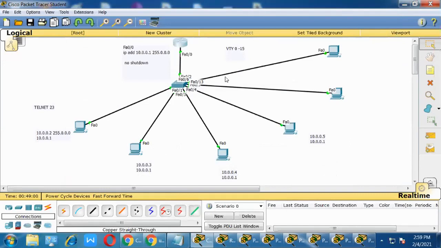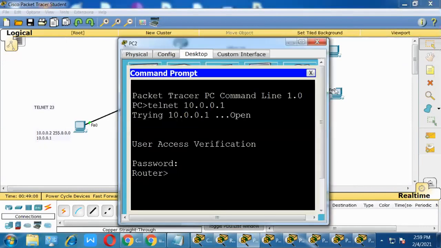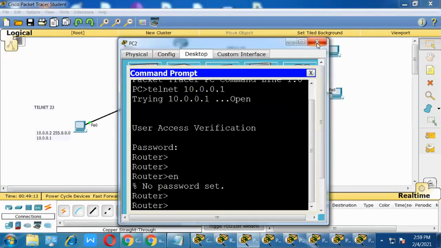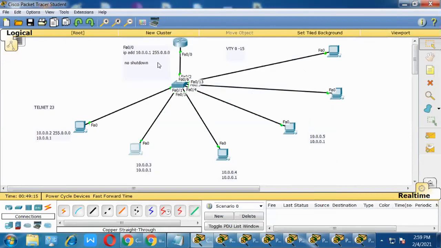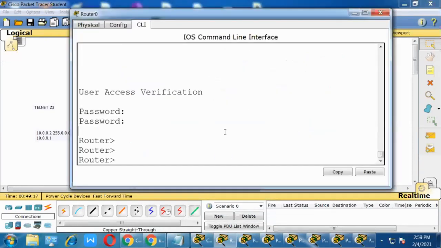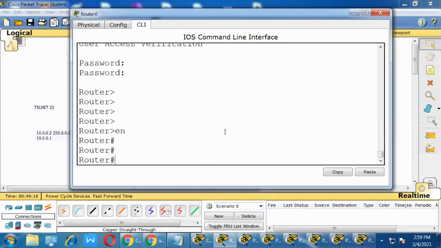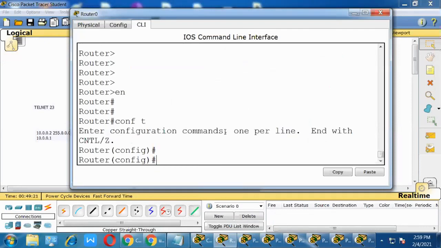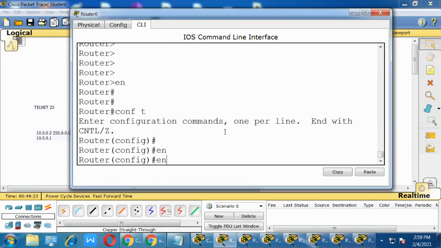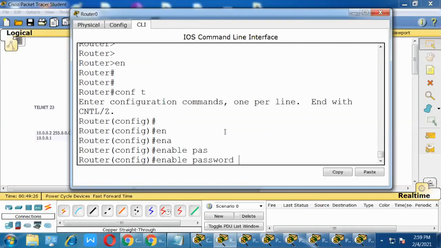Right. Now remotely I can't enter privilege mode, right? I want to enter privilege mode, so what do I need to do? See here, enable. There is no password, so that is the reason I need to assign the password. That password is called the enable password, right? Config T, enable password.